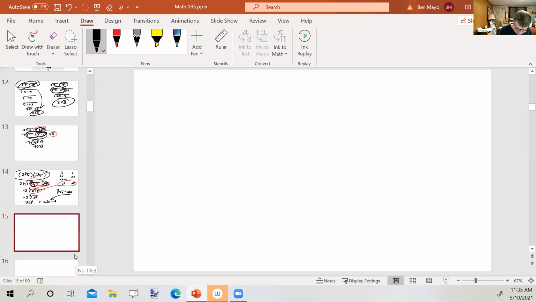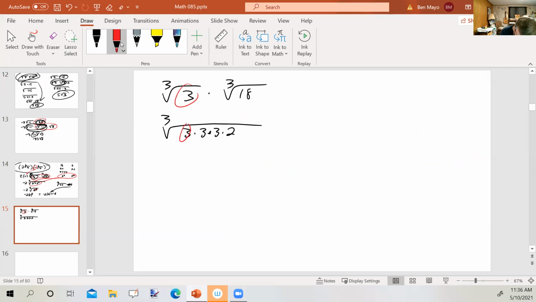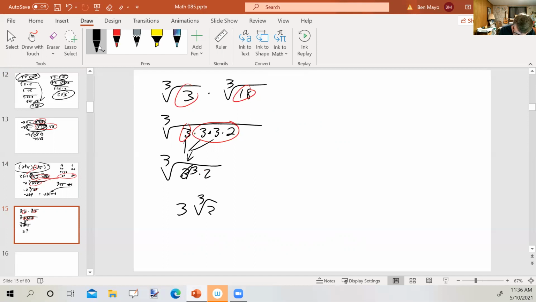Okay, what about this one? The cube root of 3 times the cube root of 18. Well, that would be the cube root of 3 times 9 is 3 times 3 times 2. So what have I got there? I've got the 3 and then I've got the 18. Okay, but that's the cube root of 3 cubed times 2. Again, 3 cubed. The cube root of 3 cubed is 3, and then we've got the cube root of 2